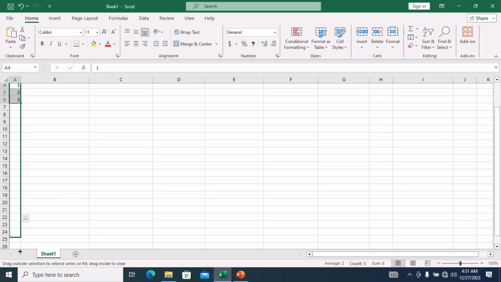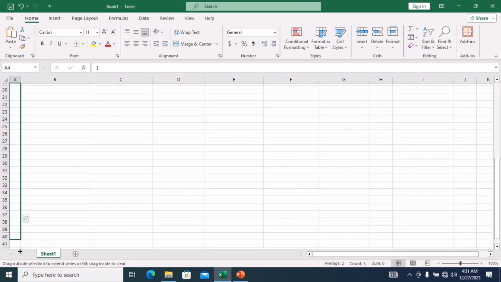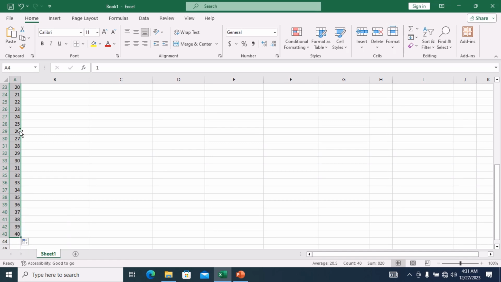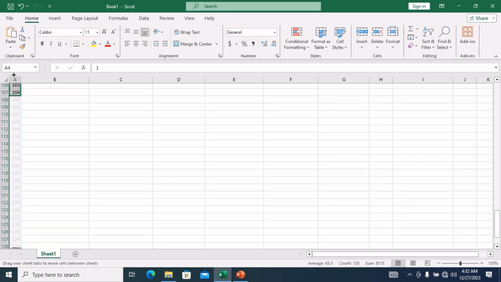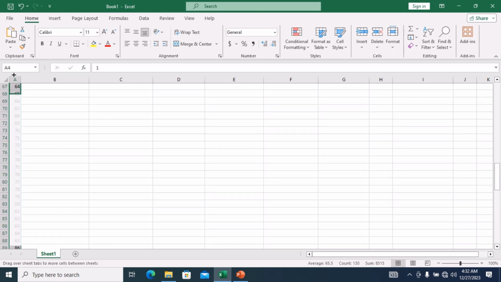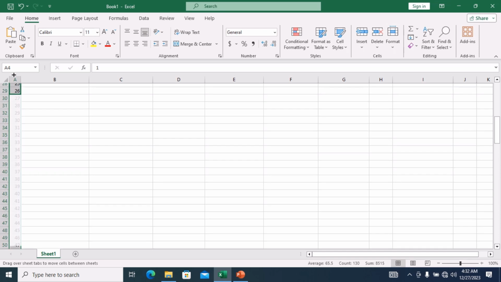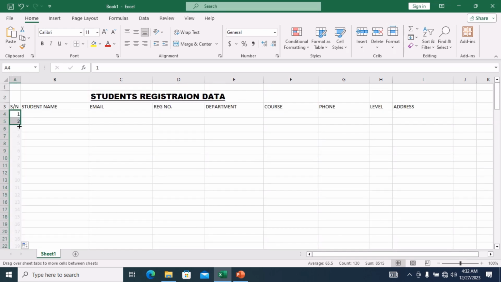Example, if I drag it to 20, to 39, you see it goes 39, 40. If I keep dragging it, if it is in that series, it will give me up to 10,000, millions. So I don't have to be putting 1, 2, 3 up to the number of the list. Hope you are getting it. So this is how you use numbers automatically, and it helps a lot,